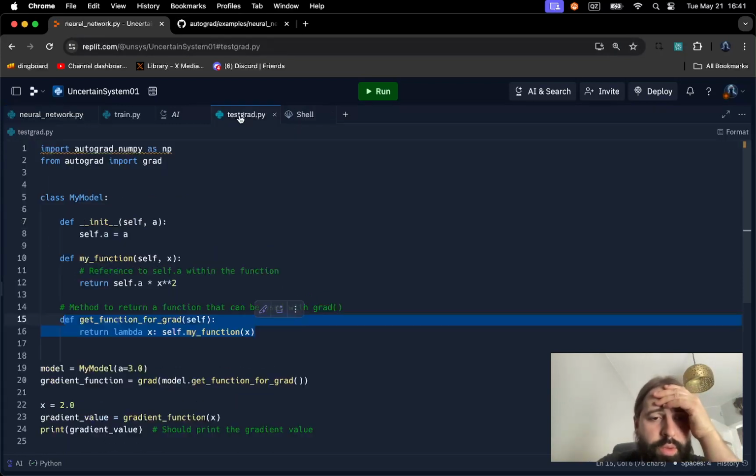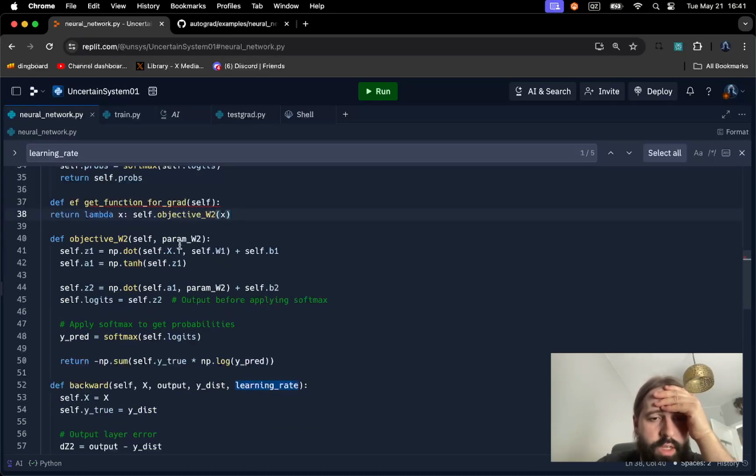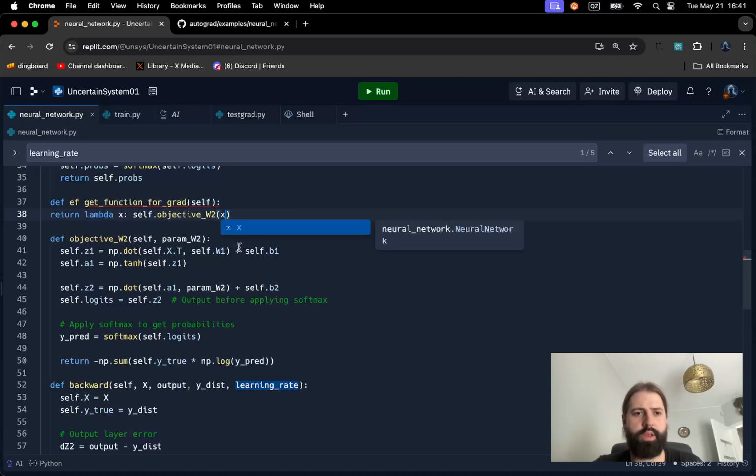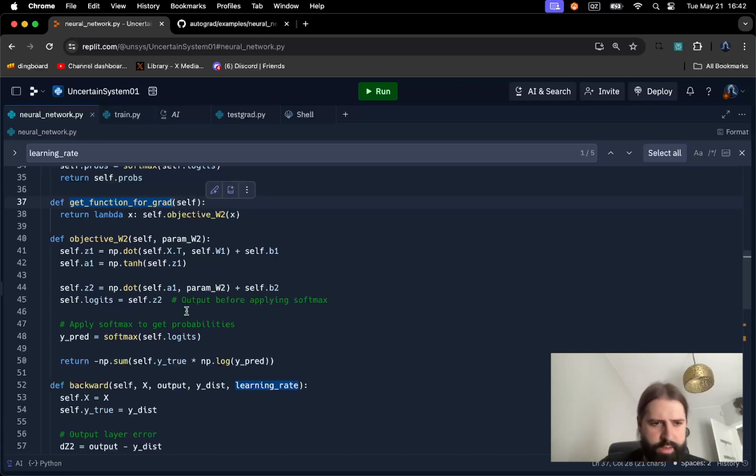So how is this working here though? My function is self x. Okay, my function is x. It returns a lambda function that has this thing. So now basically, essentially,